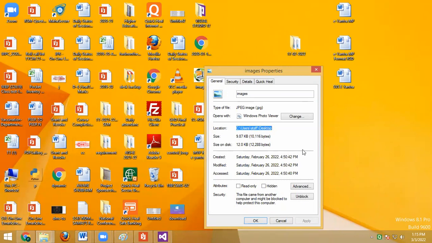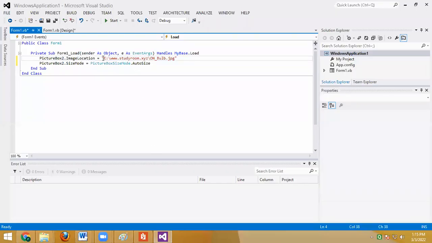This is the path of my image. So I will give the path over here. My file is on desktop, and my file name is images.